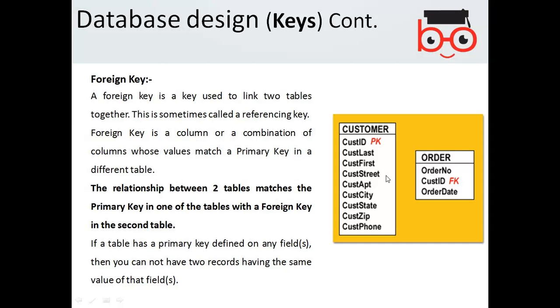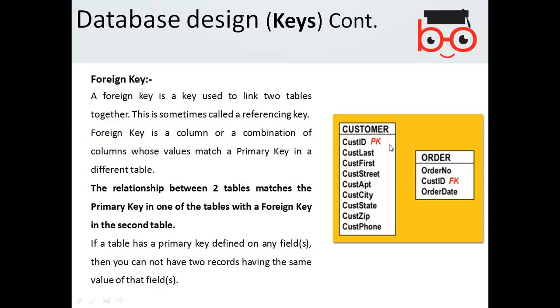So for example, in a customer table, the customer ID is a primary key, and when you create an order table, then the order table would be referring to the primary key of customer, which is the customer ID. As this definition explained, those primary key items cannot be duplicated.